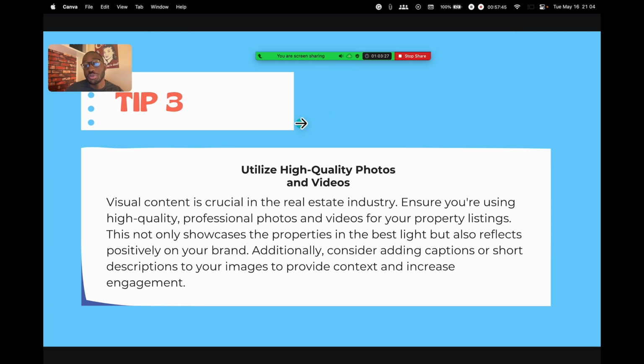And whenever you post, also try to use high quality photos and videos. When people see things that don't look as good, or are a little bit janky, it might not build as much trust, especially when operating as a business. So put a little effort into the angles and make it look as nice as possible, because it'll create engagement and a higher rate of people liking, commenting, and sharing.